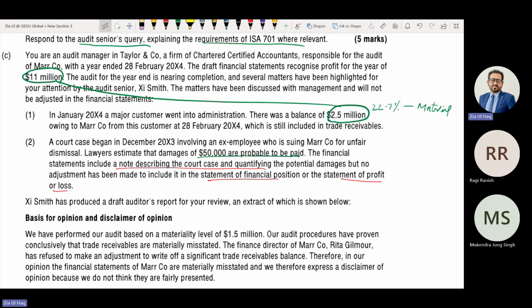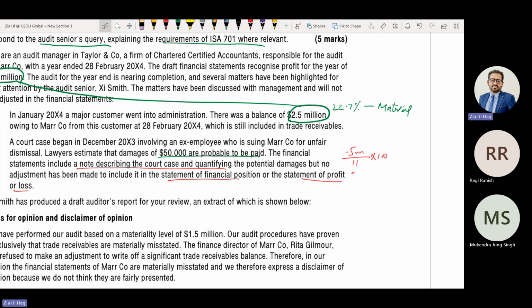If you compare 50,000 with 11 million, that is 0.5 million divided by 11 million multiplied by 100. How much is it in percentage? Is that 5% or more? Four point something percent. 4.5% and hence immaterial.